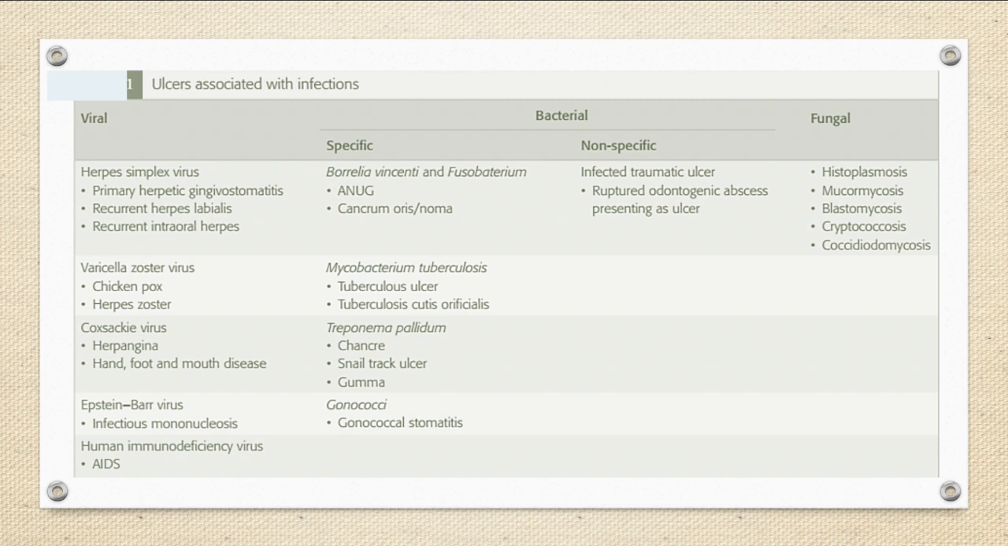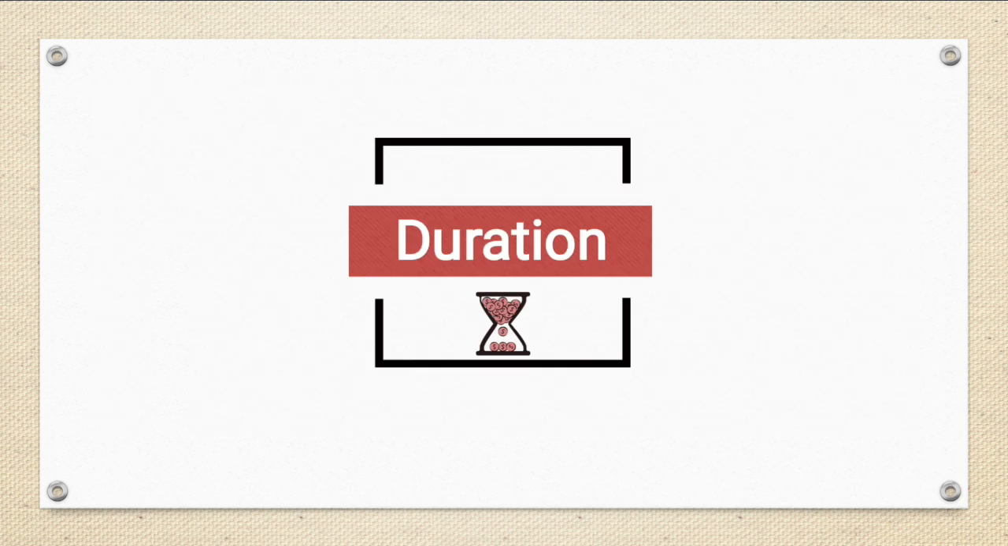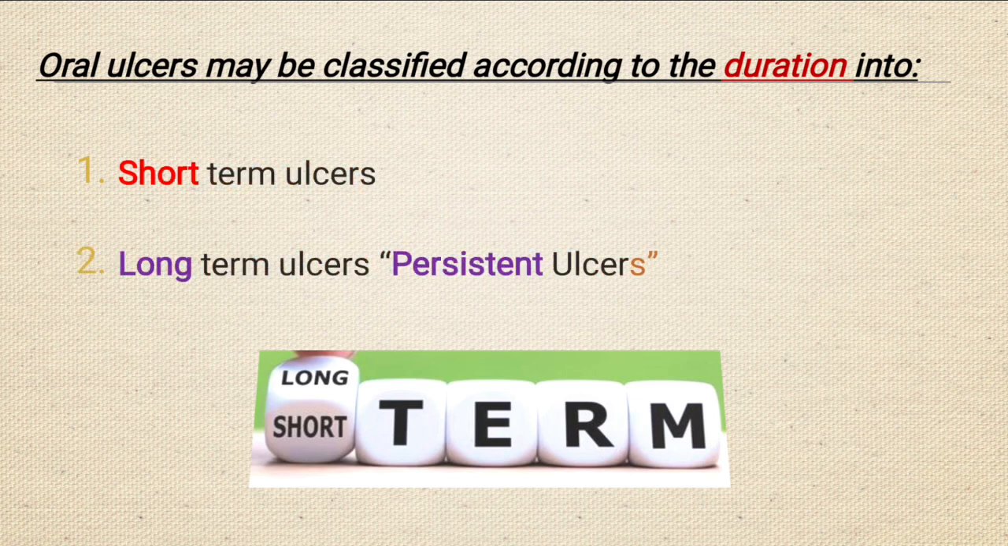Okay, these are some examples for ulcers associated with infections, including viral, bacterial, and fungal. Blood disorders causing oral ulcers are also either red blood cell disorders, such as anemia, or white blood cell disorders, including leukemia and neutropenia as famous disorders. Okay, according to the duration, oral ulcers may be classified into short-term ulcers and long-term, or as we name them, persistent